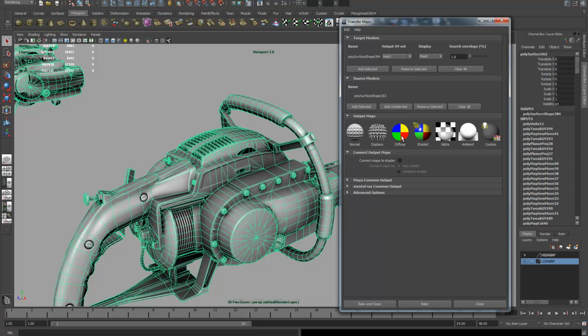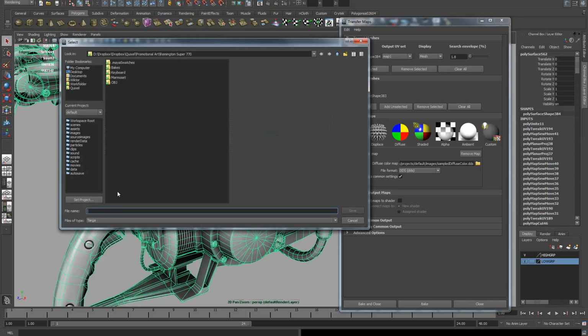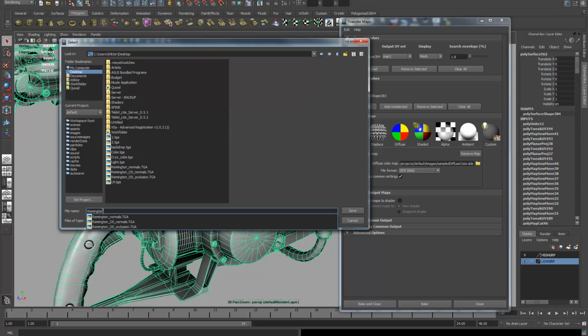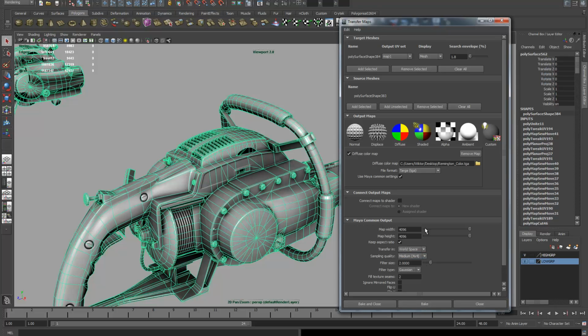So just click diffuse, specify where you want to save it. I'm just gonna save it to my desktop to make it easier. And I'm gonna name it Remington Color TGA. I'm gonna go into Maya common output, and it's already set to 4K, and you can set this to whatever you want,